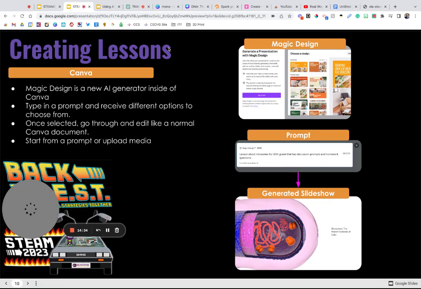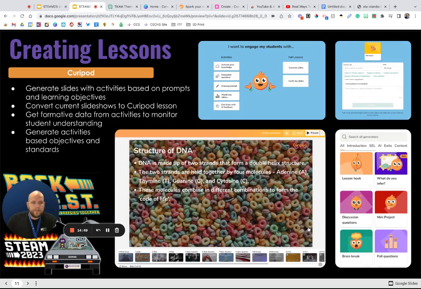So let me get back to my right tab here. We're opening up a lot of tabs, so I need to try and keep track of everything. So I'm going to close a couple of these so I don't lose my place. But that's just an example of one thing you can do there with Canva.